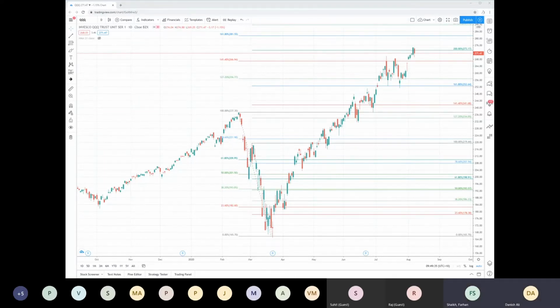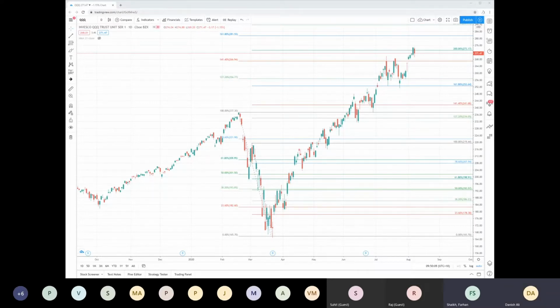Danish, this is Farhan. Sorry if I'm jumping in. What I understand is that your suggestion is to buy those ETFs which have more liquidity than the illiquid ones. Yes. And when we say liquidity, for people who are new like me, we need to look at the volumes to get an idea of that liquidity.